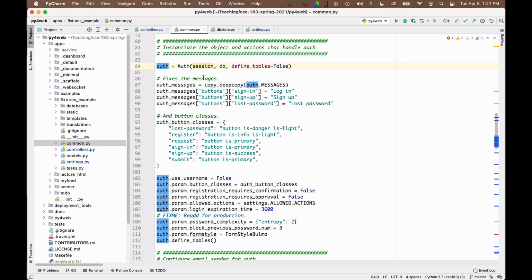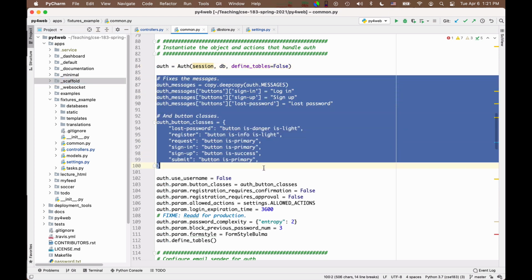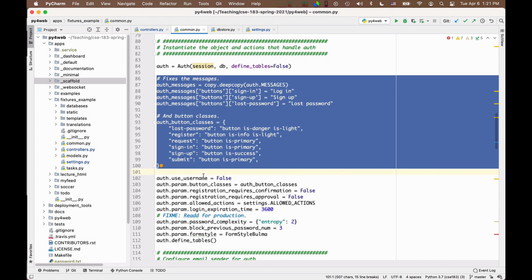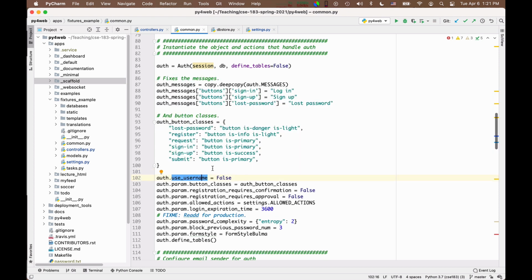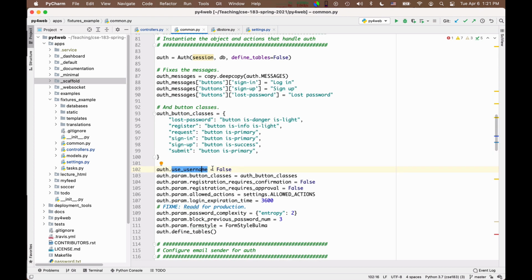This is slightly different from the standard that you can find in the Scaffold app, precisely because I adapted this code in order to work better with Bulma. You can decide whether users log in via username or email. I typically prefer people to log in via their email directly. And you have a lot of other things that you can set.